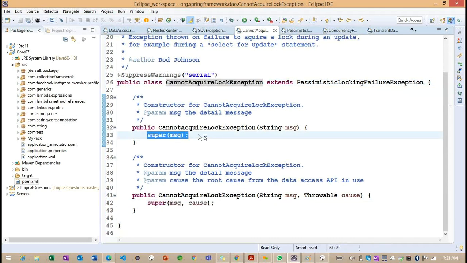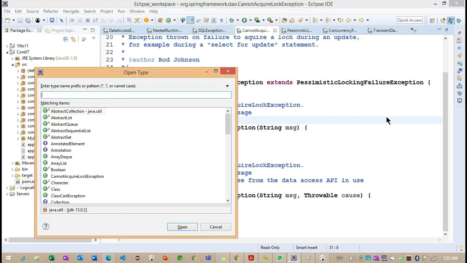Whenever we are calling super here, which super class methods are going to execute? The runtime exception methods are going to be executed here. Getting the point? So these are some of the exceptions implemented in our Spring JDBC. We discussed the concurrency failure exception, and we identified cannot acquire lock exception.